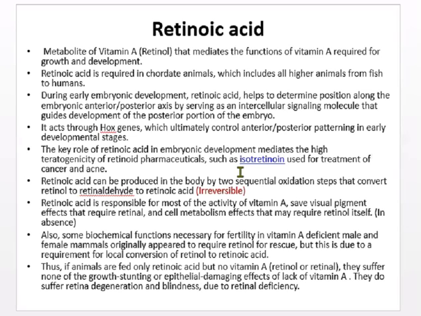It is a metabolic product of vitamin A. It mediates the function of vitamin A required for growth and development. So it's the precursor. Retinoic acid is required to coordinate chordate animals, which include all higher animals from fish to human. During embryonic development, retinoic acid helps to determine the position along the embryonic anterior axis by serving as an intracellular signaling molecule that